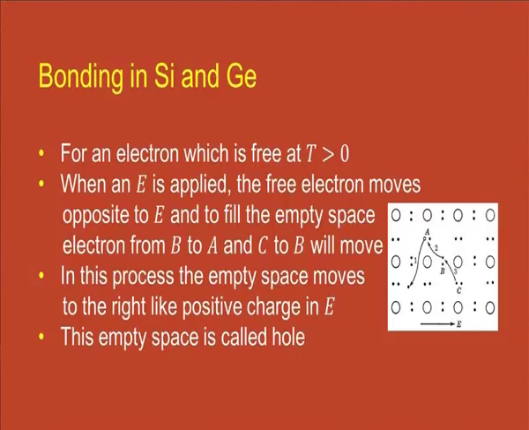As you can see in this particular image, the electron is leaving position A and going away from the electric field, and similarly the electron from position B is coming to fill the position at A, and similarly the electron from position C will come and fill the position at B. In this way the electron moves in the opposite direction of the electric field, and the blank space which seems to be moving in the direction of the electric field is called a hole,